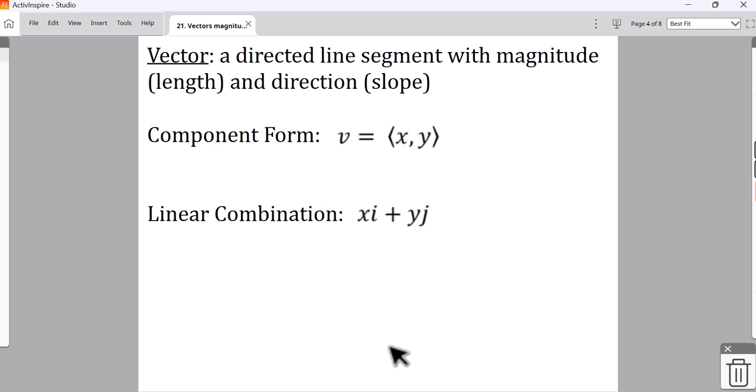or a slope. So, like deciding which way we're pointing. What we're going to see today is component form, and linear combination form, which is the x and y, and the x and the y. So depending on which way you're seeing it, it's still the x and it's still the y. X is first, y is second. And so what we're seeing here